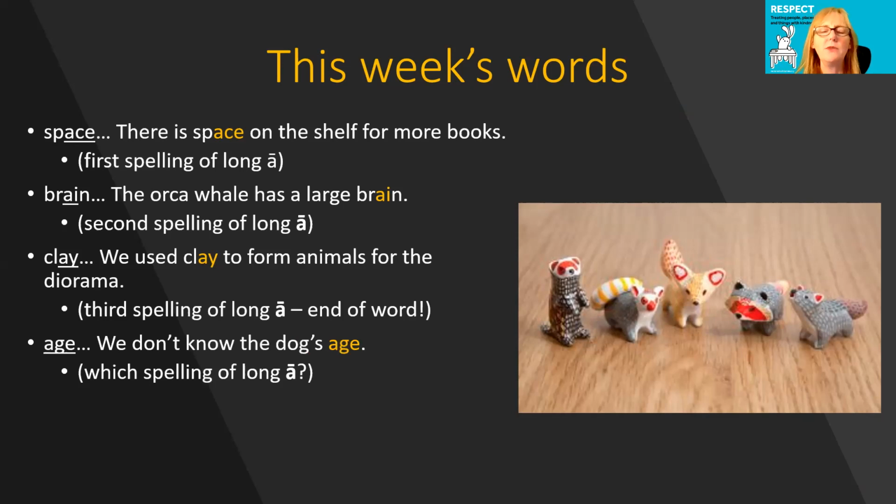Age. We don't know the dog's age. Which spelling of long A is that? Yeah, it's the first spelling of long A. It's A consonant silent E. So we have A consonant silent E. That's the first spelling, age,